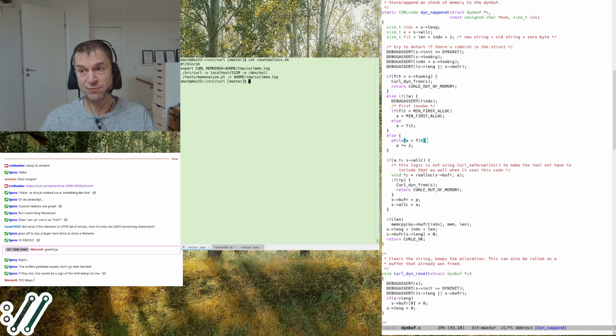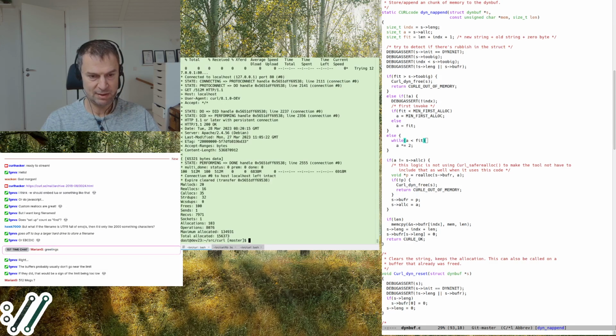Yes, but that is 512 megs here. It's just a test file. I mean, it doesn't really matter. I could do 512 gigs as well. It doesn't add more allocations there. It's just a way for me to, so I do this. Boom. And then it says, okay, I did 103 allocations, and the maximum memory it allocated was this.